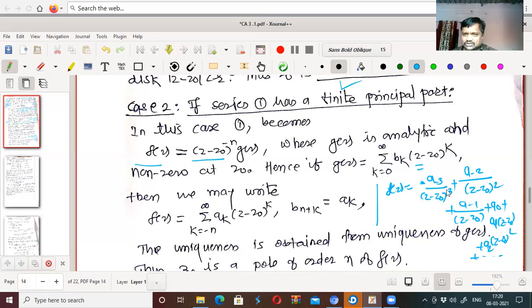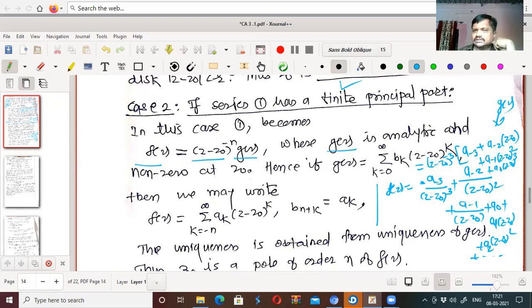Here I take z minus z0 to the power minus 3 common, and what remains is a minus 3 plus a minus 2 times z minus z0 plus a minus 1 times z minus z0 squared and so on, plus a0 times z minus z0 cubed plus a1 times z minus z0 to the power 4 and so on. And this I have written as g of z. So f of z becomes z minus z0 to the power minus n into g of z, where g of z is analytic